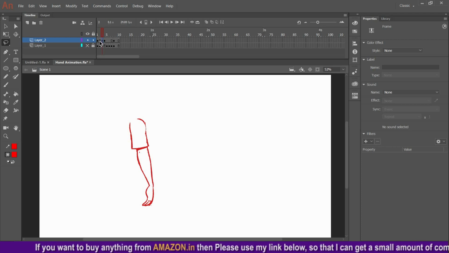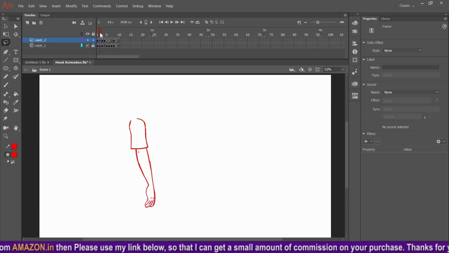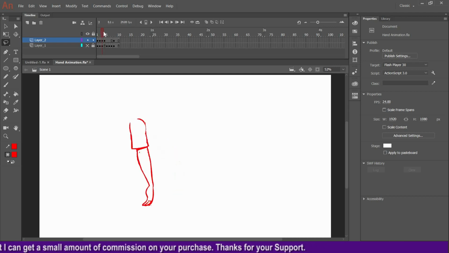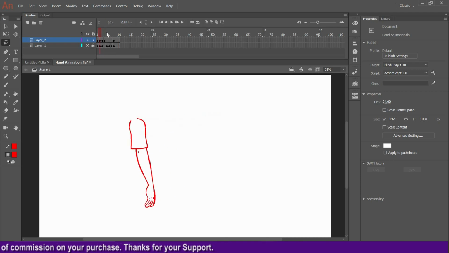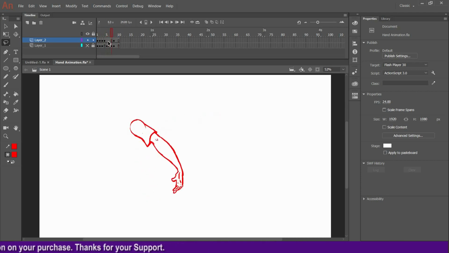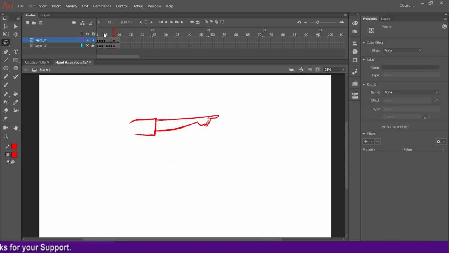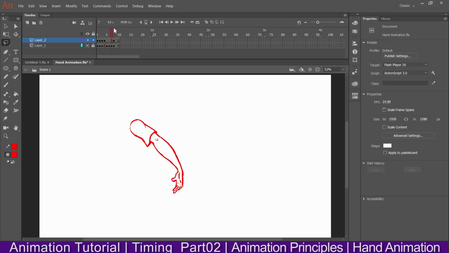So I want this anticipation to get cushion. So what I'll do, I'll place another inbetween between this anticipation and this first pose. So here it is. This is the inbetween and this is the final anticipation pose. Okay, and from here I'll shoot the hand to this position. But let me check the animation once. Okay, up to here it is okay, and see from here number 4, this frame to this frame, no frame is there, that's why it is looking abrupt, it is jumping.